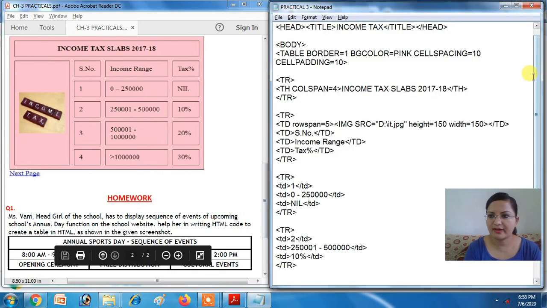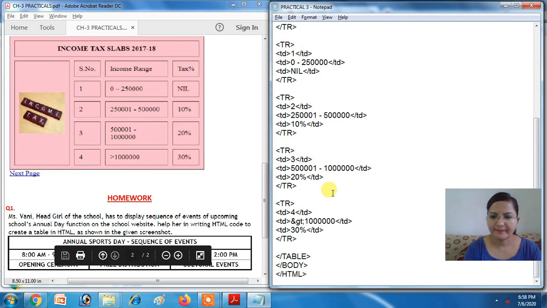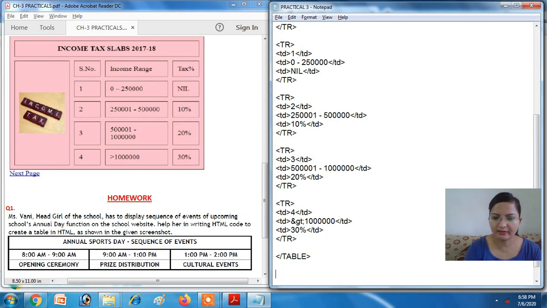So let's write in the notepad. After the table tag, you have to come out of the table tag and then write a href equals next.html as it is given.